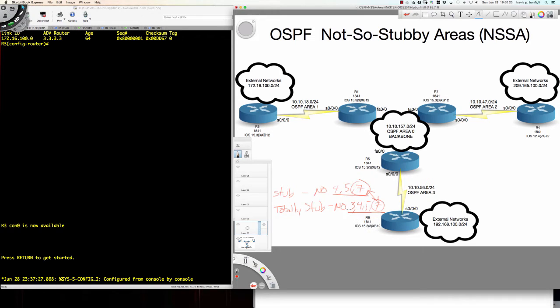So the big question becomes, and you'll notice from the diagram, it's changed a little bit. We've got external networking sources all over this area. So these routers are going to become ASBRs, which stands for Autonomous System Boundary Router. Sometimes you'll see it referred to as Autonomous System Border Router. All that means is that it is injecting external routing information from outside of the OSPF domain into the